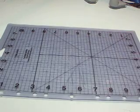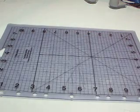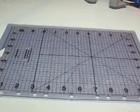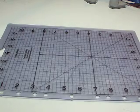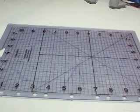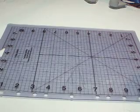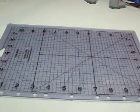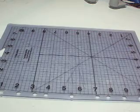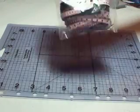They had a thing called Minute to Craft It, I think, and they picked 3 people to do a project, and they had judges and stuff, and whoever had the best project within 5 minutes won a really cool prize. But the other 2 people also won prizes. I think the second and third place would win like $100 valued prizes, and then whoever won first place could win a prize that was $250 all the way up to $500 or $600. I know one day a person won an Eclipse machine from Sizzix, so they had some really good prizes. And while they were doing that, they would throw out a bunch of freebies and stuff to the audience. And so I got a package of ribbon,